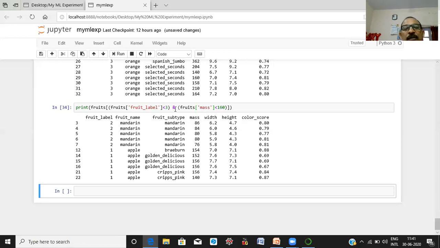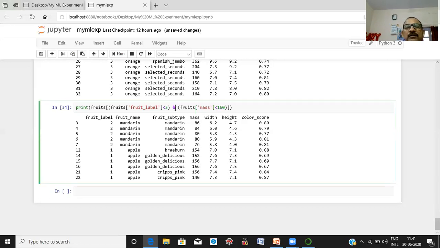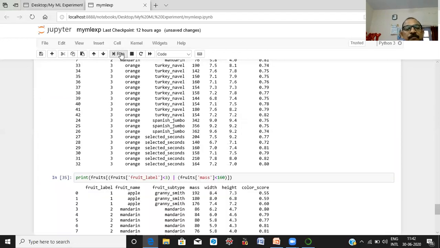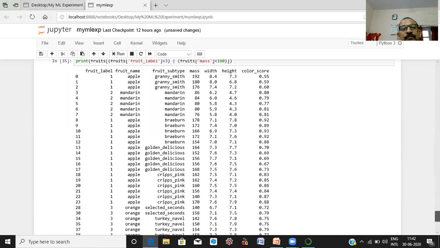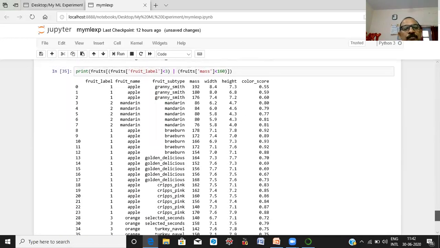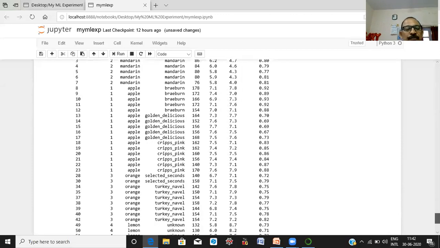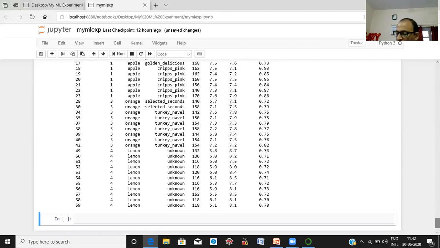Instead of this AND operation, you can also use the OR operation. Done. You can see here. Fruit label less than 3 or mass less than 160, either one is true. Okay, next.